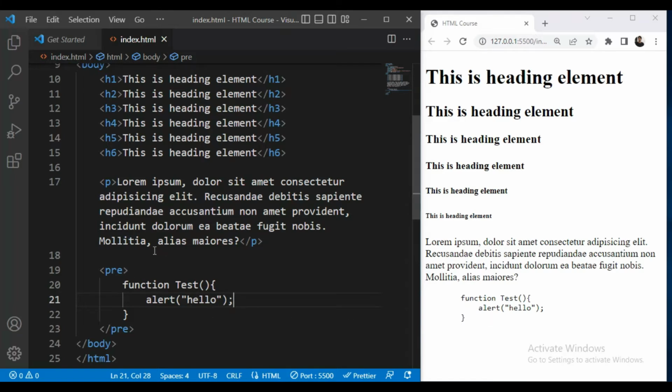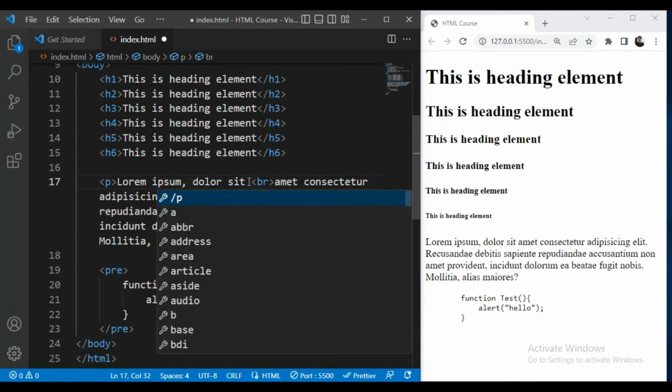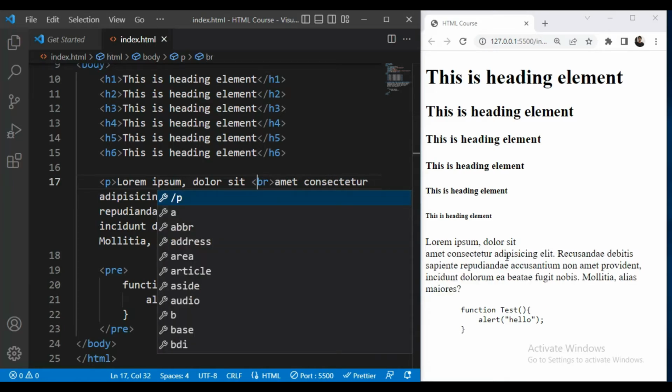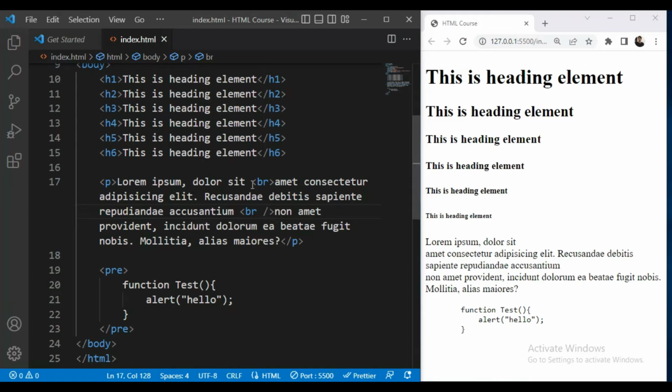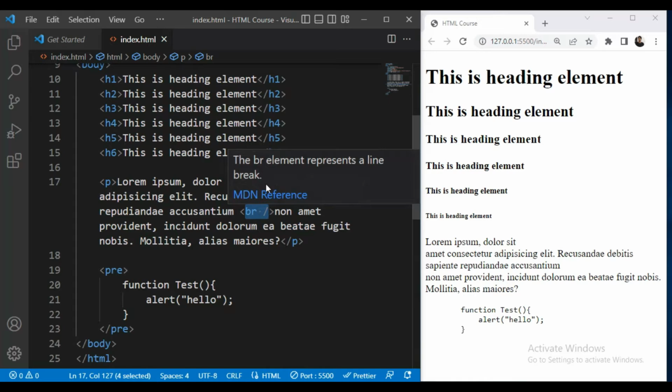Next we will see the line break tag. If I want this line to shift onto the next line, for that purpose I will use the line break tag. You can see it has shifted to the other line. Then next, if I want it to shift onto the other line from here, I will write br space slash. So, both the tags will do the same. You can write either this way or this way. They will do the same thing.